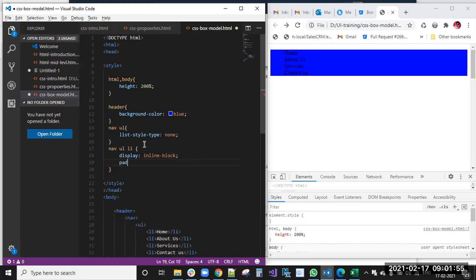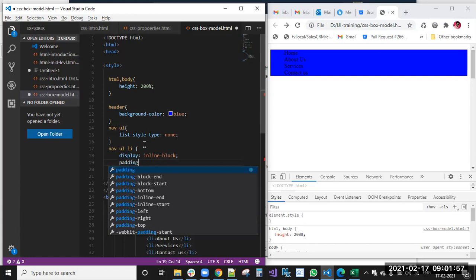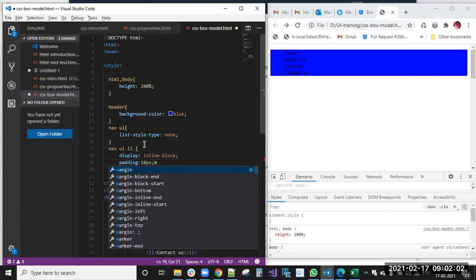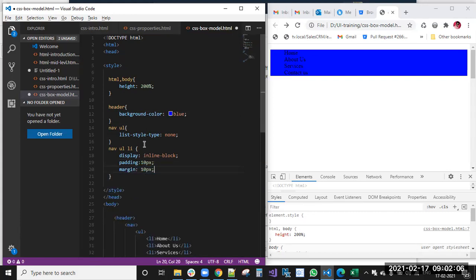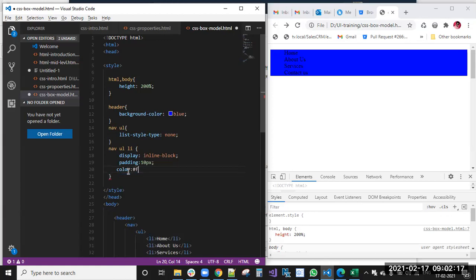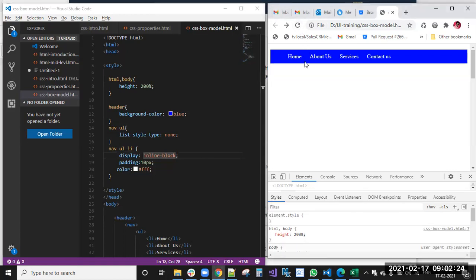I'm applying padding of 10 pixels, and margin of 10 pixels because I need some gap between elements. If you don't want it, it will look good without margin also. And color #FFF. Now you can see home, about us, services, contact us.